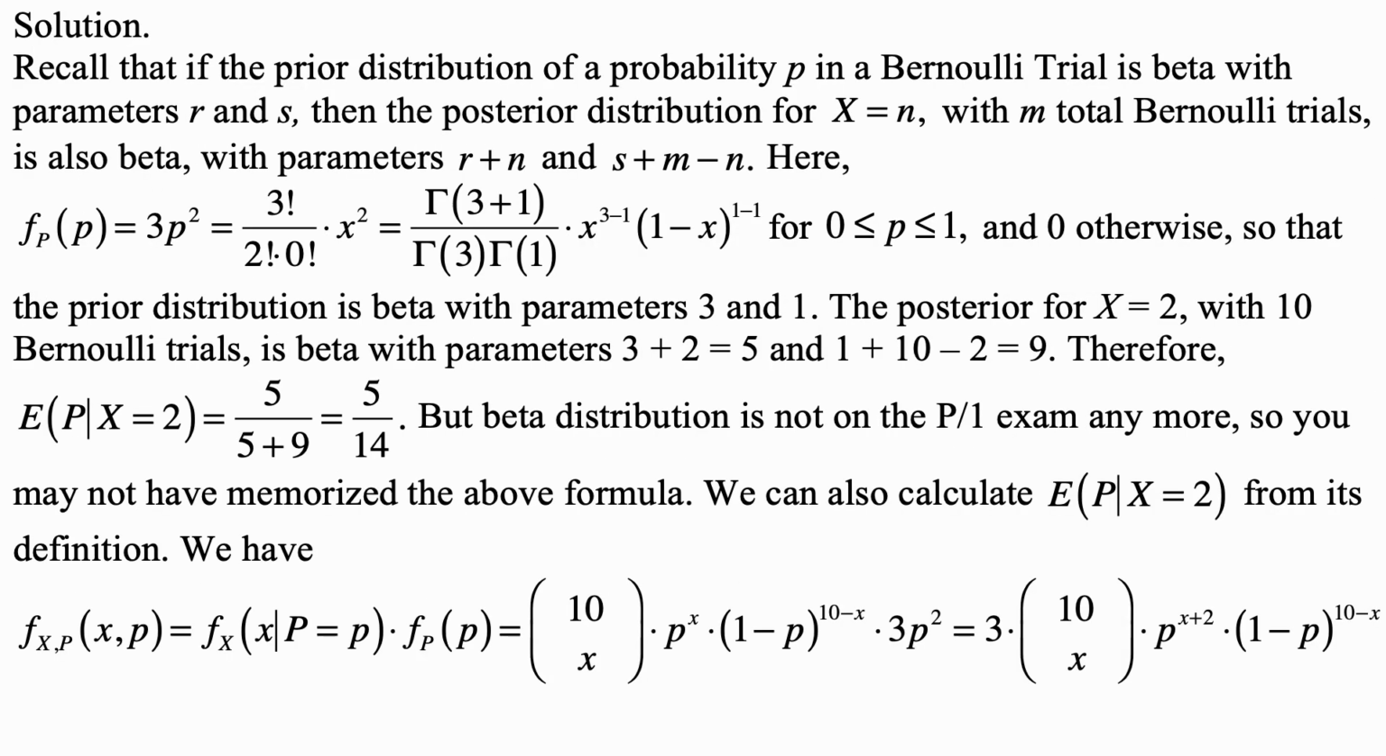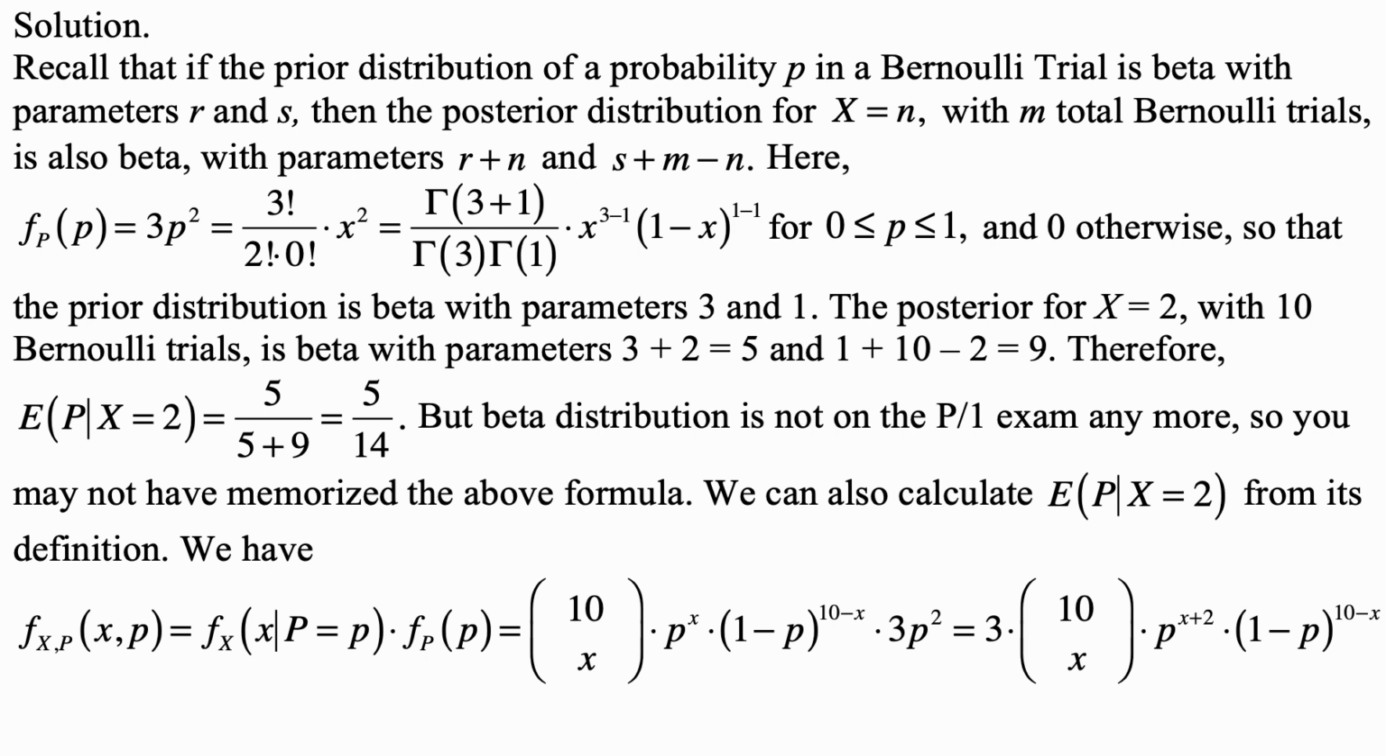And here's the solution. So recall that if the prior distribution of a probability P in a Bernoulli trial is beta with parameters r and s, then the posterior distribution for X equal to n, with m total Bernoulli trials, is also beta with parameters r plus n and s plus m minus n. Here, f sub P of p is 3p squared, which is 3 factorial over 2 factorial times 0 factorial times p squared, which is gamma of 3 plus 1 over gamma of 3 times gamma of 1, times p to the 3 minus 1 times 1 minus p to the 1 minus 1,